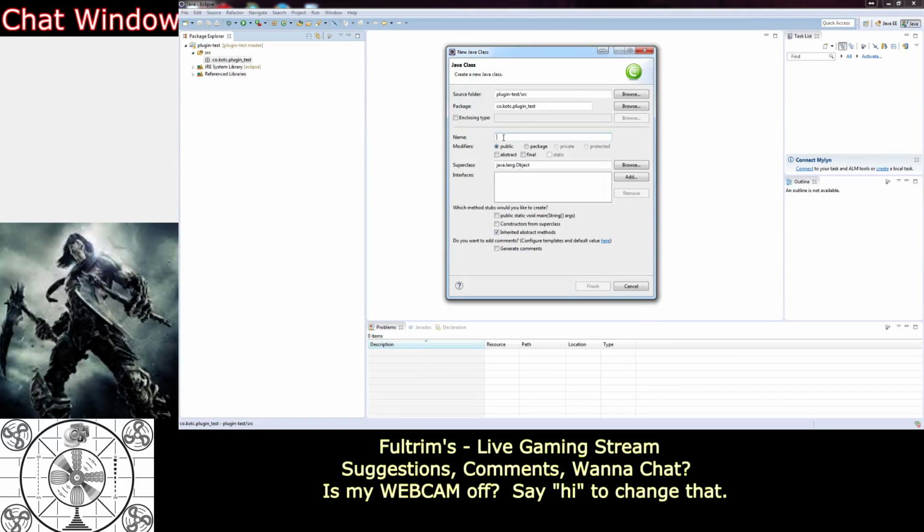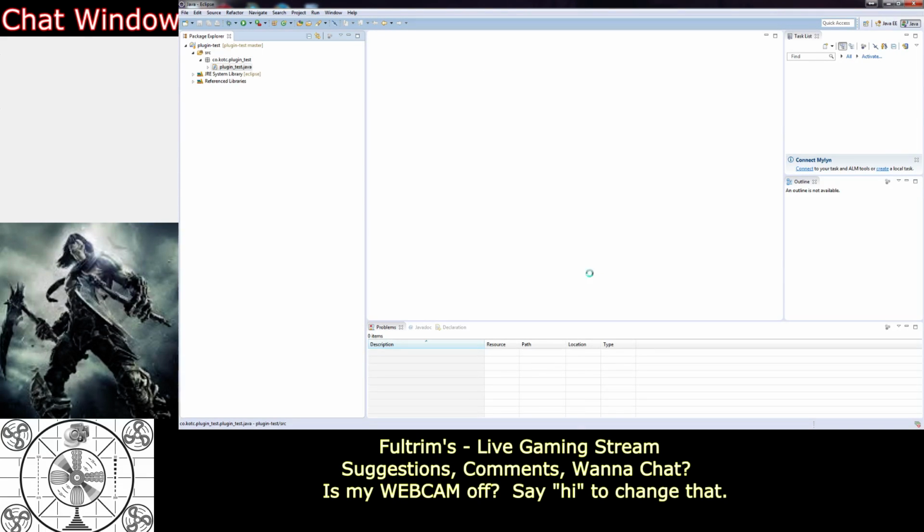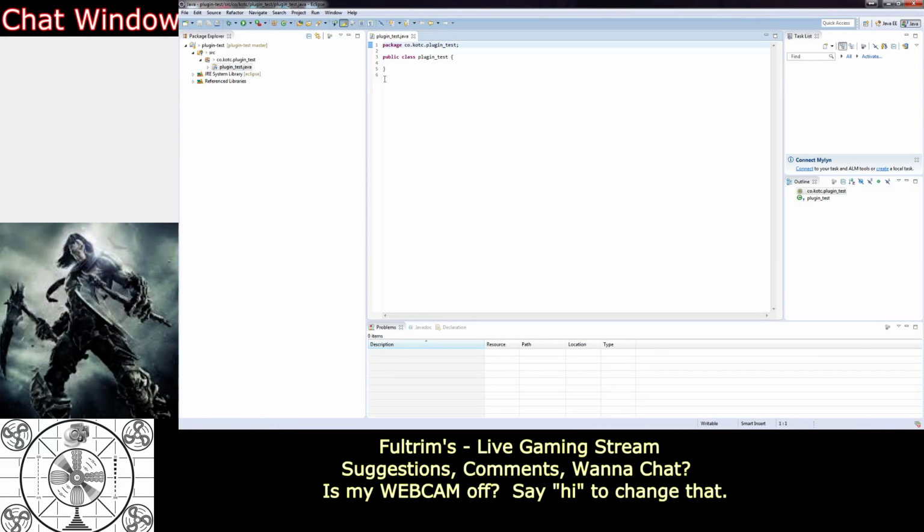So let's call this one. In most cases, you call the first one in a plugin the thing itself. So plugin test. And you don't need to do the co.koc because it's already listed as part of that. It already knows it's part of this folder line. So all we have to do is add it in here. And now we actually have our very first class. And this is